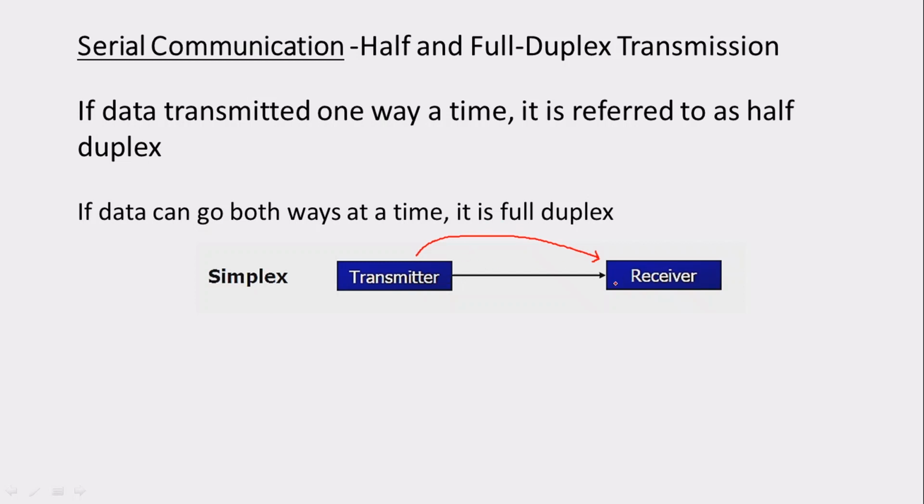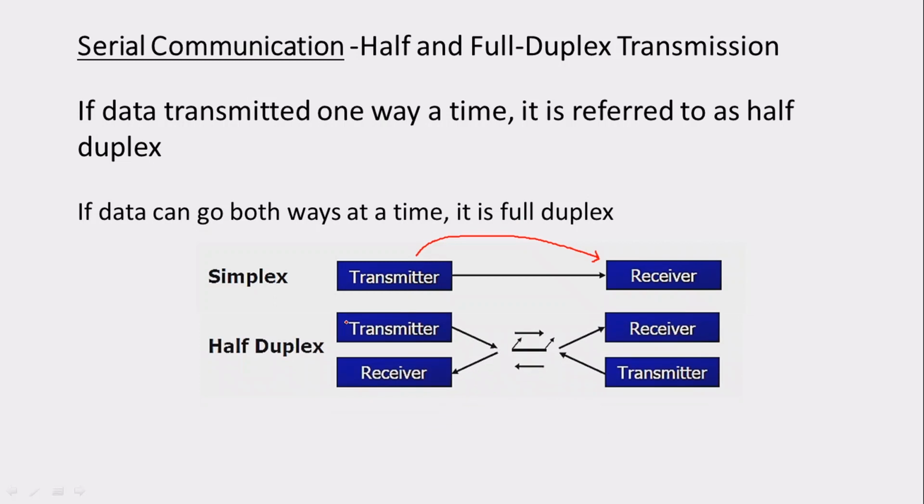This receiver cannot respond back to this transmitter again. If you want to do that, we need to put in a transmitter and a receiver. Since there is only one way communication, I can send only from one sender to the receiver, but the receiver cannot respond back to the transmitter. So they came up with a half duplex format.